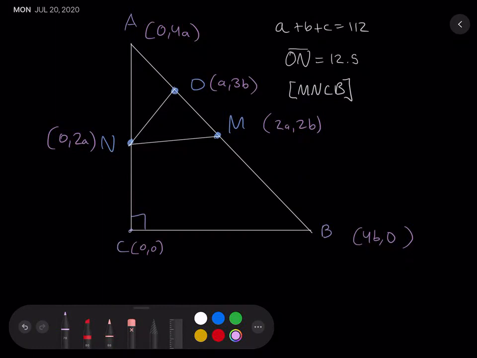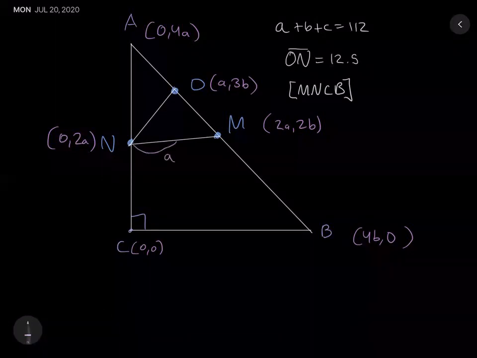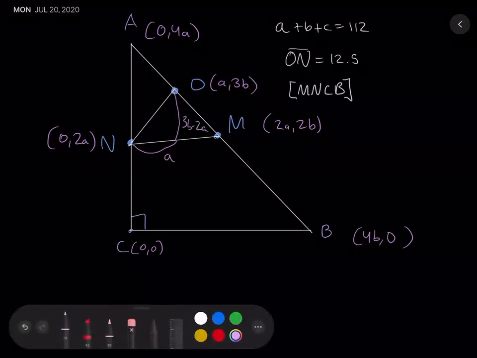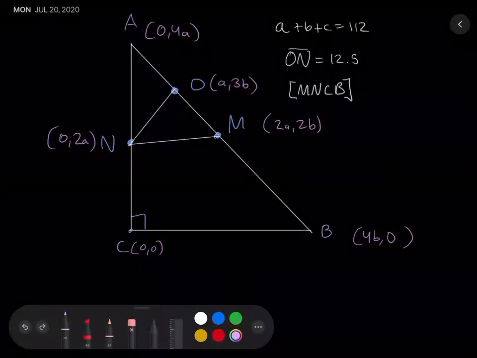Here we can use the distance formula. And the distance formula is just the Pythagorean theorem with extra steps. So the distance between N and O on the x-axis is a. The distance between O and N on the y-axis is going to be 3b minus 2a. And that's a right angle. Therefore, our distance